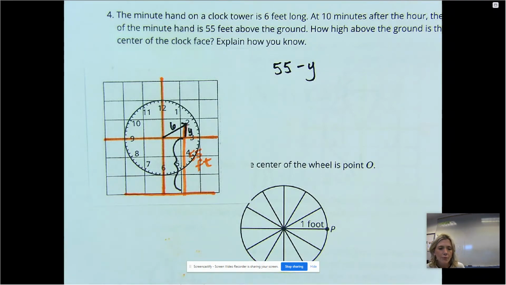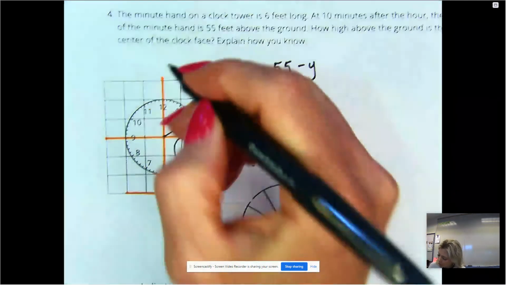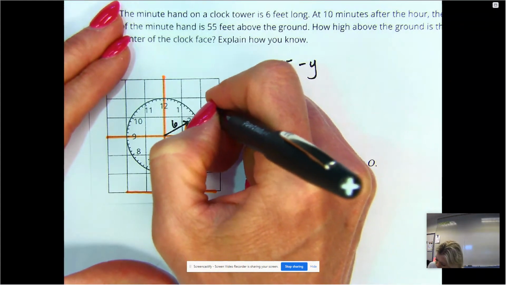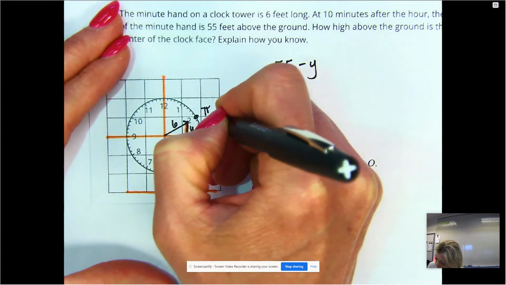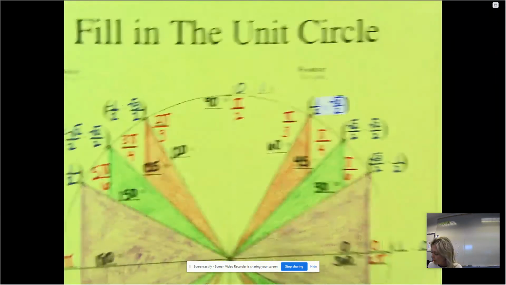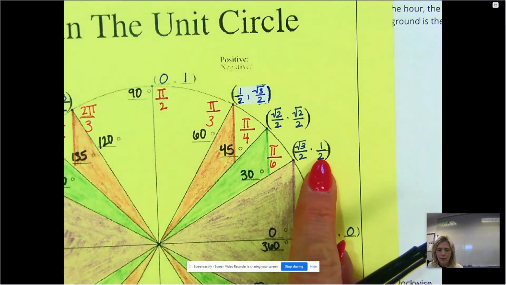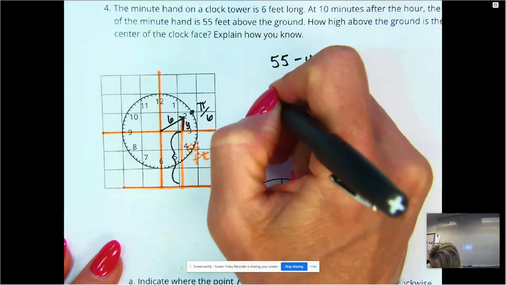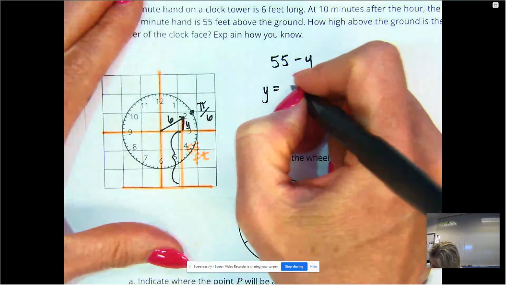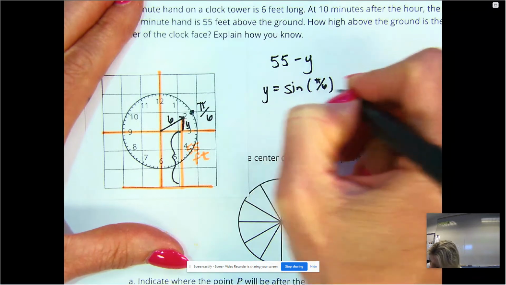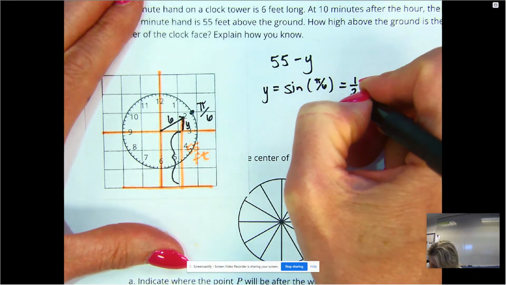And so all I have to do is figure out that part. Well, I know that at that point right here, this is equal to pi over 6. I know that the sine of pi over 6 is equal to 1/2. And so if y is equal to the sine of pi over 6, which is 1/2,